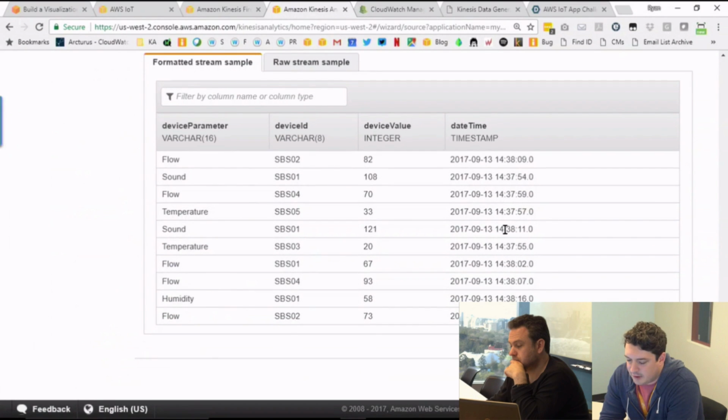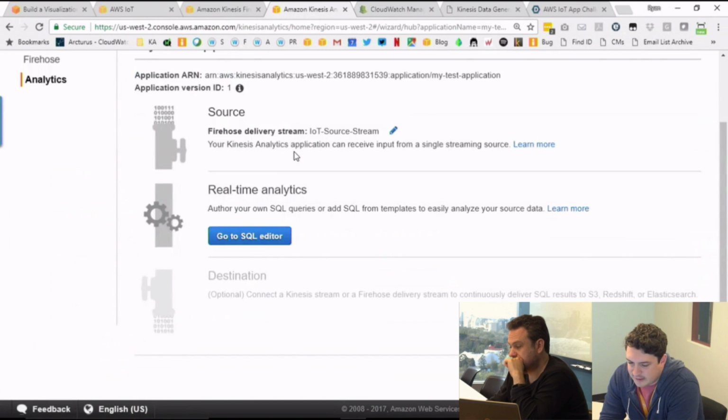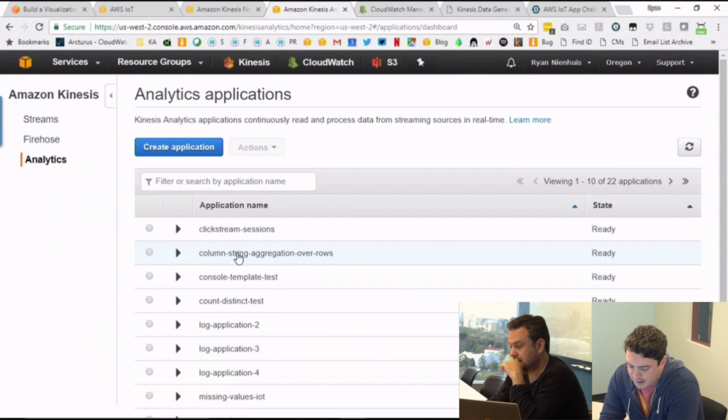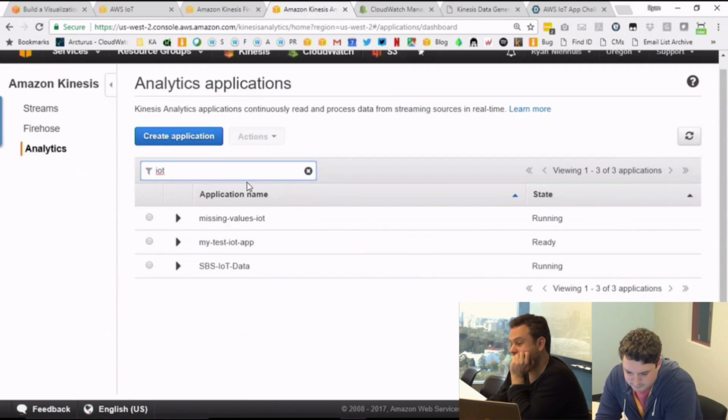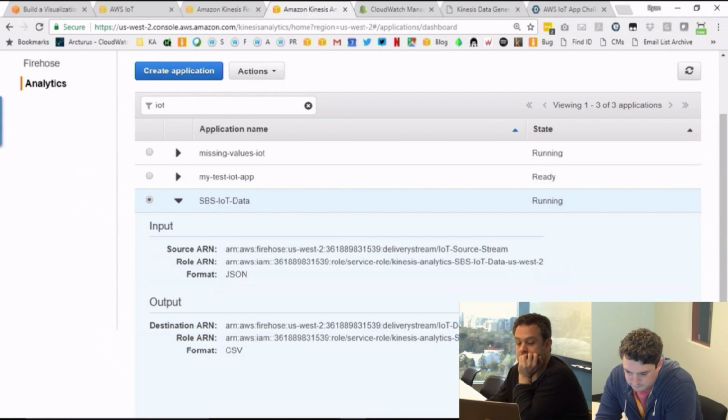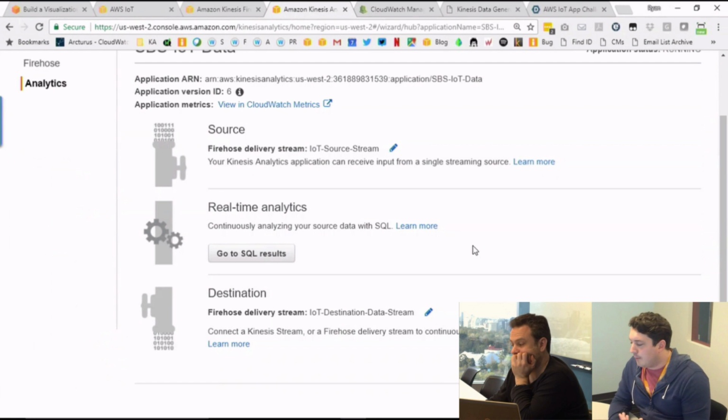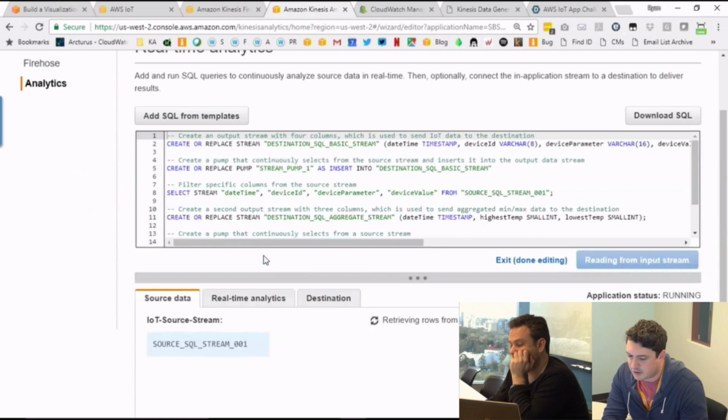I mentioned you click Save and Continue here, but I'm actually going to click Cancel and move away from it. I already have an application set up processing data, and I really just want to show you some of the SQL code. As you walk through that blog post, you'll see an end-to-end application, reading from an IoT source stream and sending it to an IoT destination. The blog post also covers setting up the destinations and how to use it via the CLI, which is great. I'll show you a little bit of that after the SQL code. But let's just go to the SQL code.